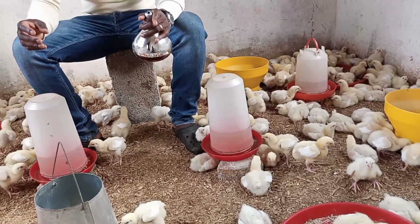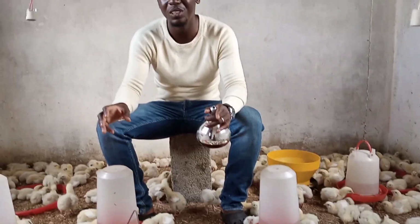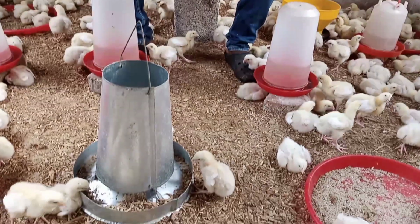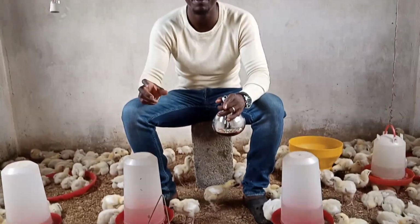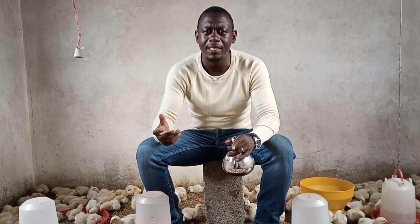And that is with the brooder paper inside the chicken house. We do not have the brooder paper in here right now because these are 6 days old. We removed the brooder paper a few days ago. So ensure that there is a brooder paper in the chicken house when you are placing them. And as you are placing them,